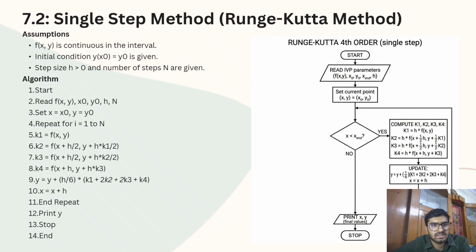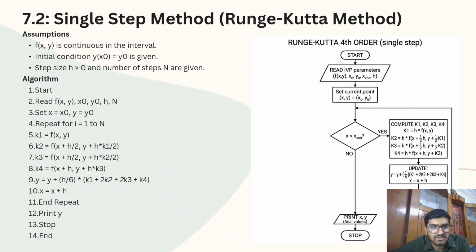The algorithm starts with read the f of x comma y, read x0, y0, h, n, set x is equal to x0, y is equal to y0, repeat the loop for i is equal to 1 to n, and compute the value of k1 is equal to f of x comma y, k2 is equal to f of x plus h by 2 comma y plus h into k1 by 2, k3 is equal to f of x plus h by 2 comma y plus h into k2 divided by 2, and k4 is equal to f of x plus h comma y plus h into k3,